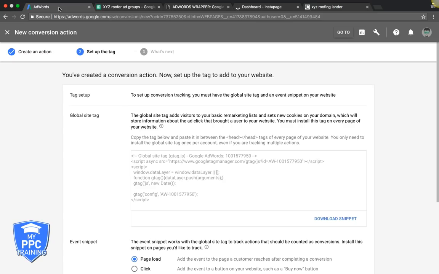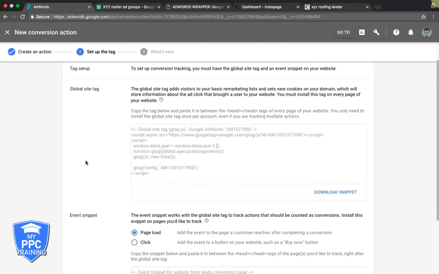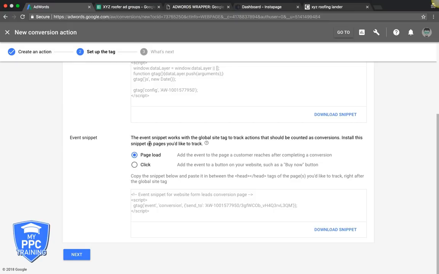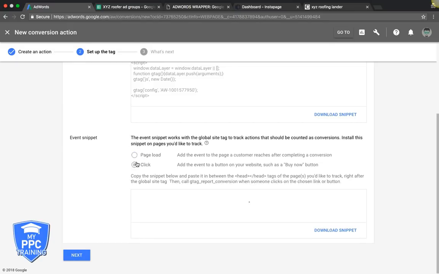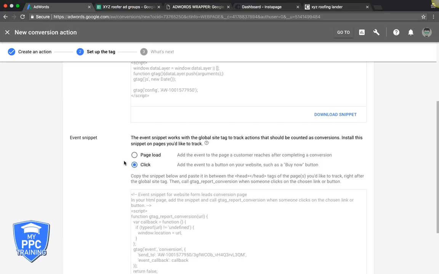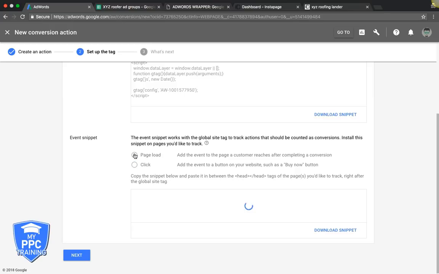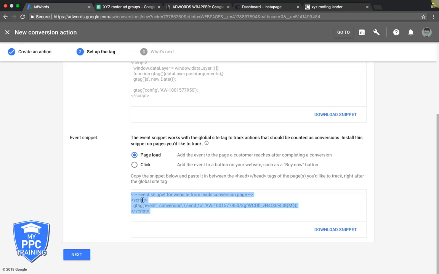So now we have the global site tag on the lead generation page we're using, the website we're using. So now it gives you event snippet. You can either fire the pixel on a page load or on a click. Click depends if, like, say you want to count a conversion if someone clicks a submit button on a contact form on your website. If you're sending traffic to your homepage or whatever, that's what you would do for that. It's a little more in depth, but for this example, we're going to use page load because that's the most common. So you copy event snippet,